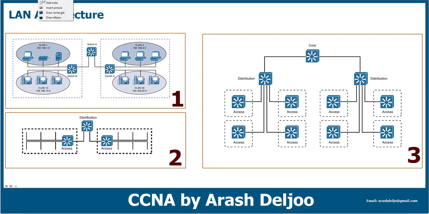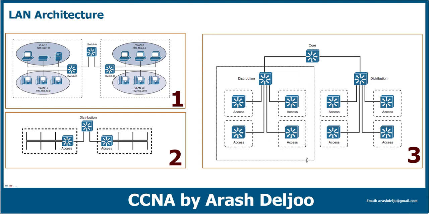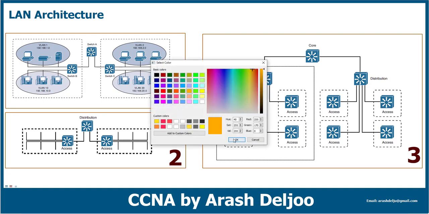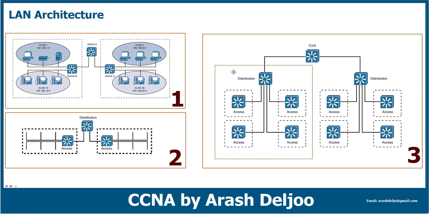Let me give you one real example. Assume that here we have a building. This is building 1. In building 1 we are using, for example, one distribution layer switch and also multiple access layer switches. This is building 1, and also in the same place, in a nearby place, we have another building. Assume that here we